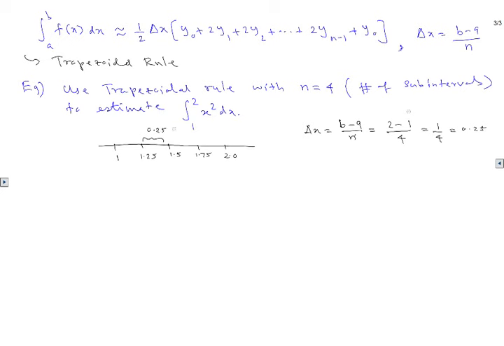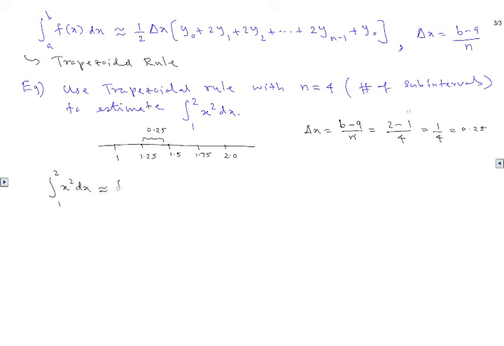Okay, so those are the numbers. It's always a good idea to mark them, because it's going to make the calculation much easier. And now we can just use the formula. What the formula says is the integral from 1 to 2 of x squared dx